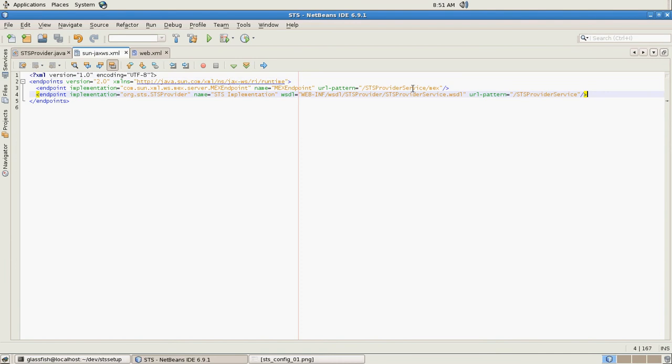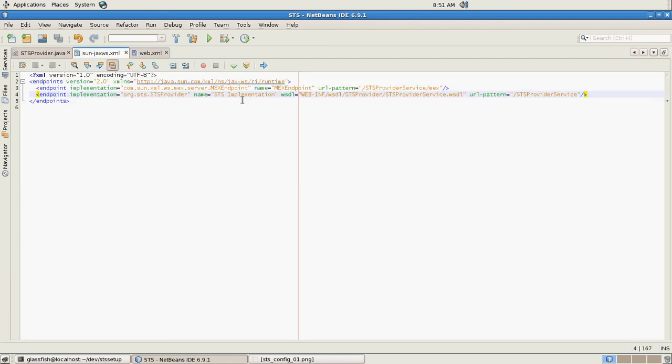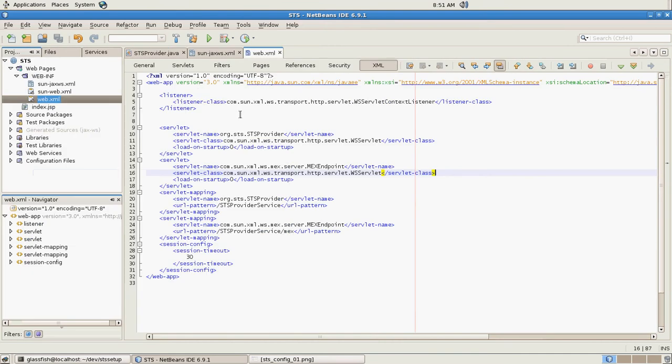The next thing is your URL patterns have to match what's in your web.xml. So in our case, it's the STSProviderService, and since I copied this from one that I already had working, of course this is going to match. But if you pick different names, which you certainly can, this is where you'll have to get the information in order to match it up in the JAX-WS XML file. Okay, so